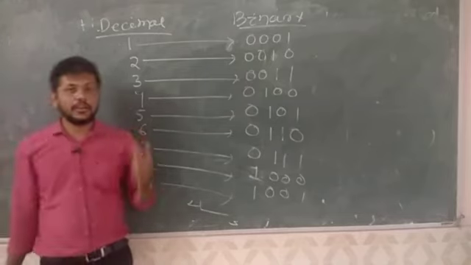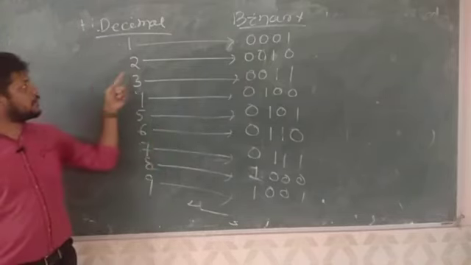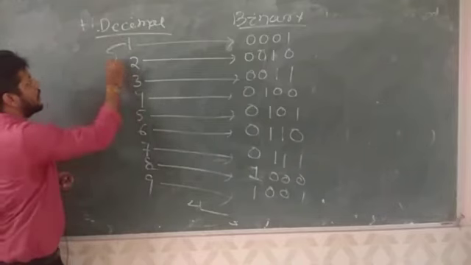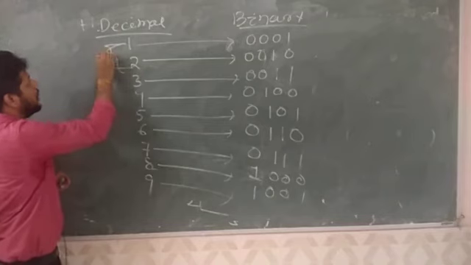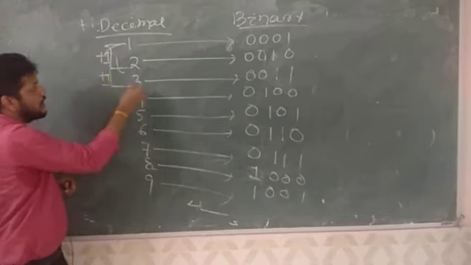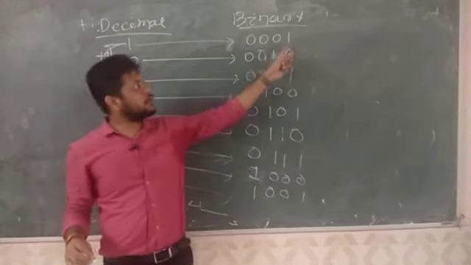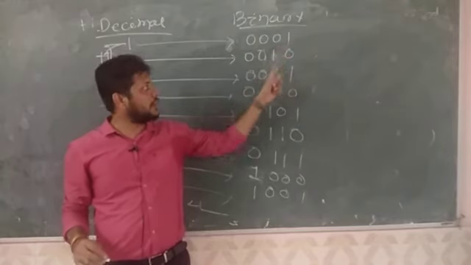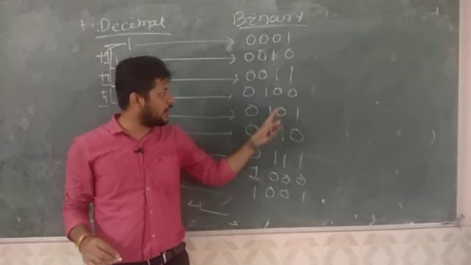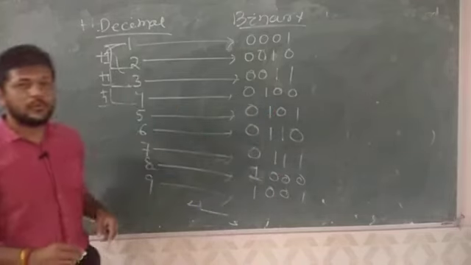Just we will see the binary number addition. Just how you get 1 to 2, each number you add plus 1. In decimal, 1 plus 1 is 2, then 2 plus 1 is 3, then 3 plus 1 is 4. Similarly here, 0001 plus 1 means 10, 10 plus 1 is 11, 11 plus 1 here. In binary, 11 plus 1 is 100, then 101, then 110, then 111, then 1000, then 1001.